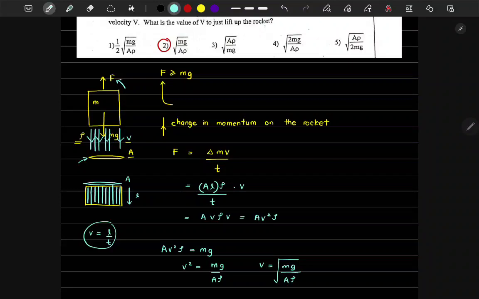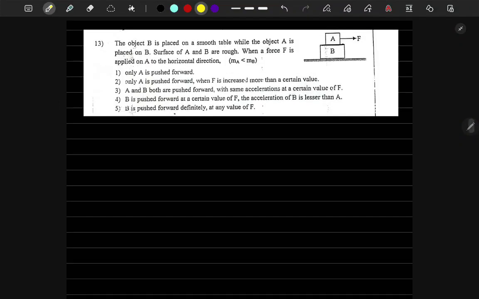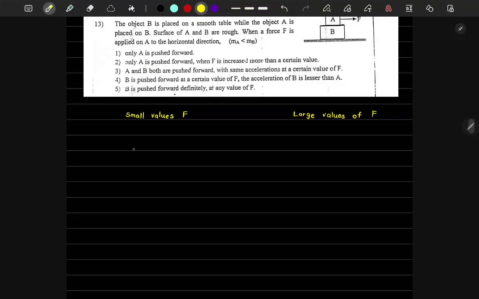Question number 13, that is somewhat of a good question. Let's divide this question up into two parts. Let's consider small values of f and large values of f. Now for small values of f,